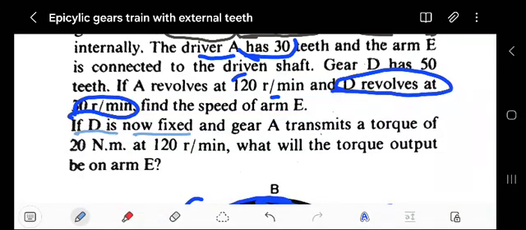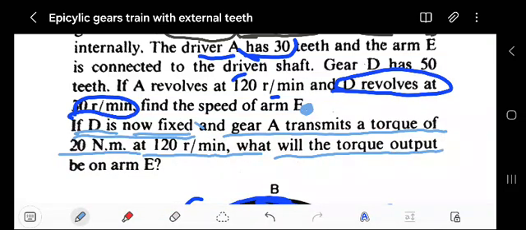Now this is the second. Remember, check here, there's a dot, there's a comma. Now this is another question by its own. Now if D is fixed and gear E transmits a torque of 20 Newton at 120 rest per minute, what will the torque output be on the arm E? We want the output torque on the arm E. So